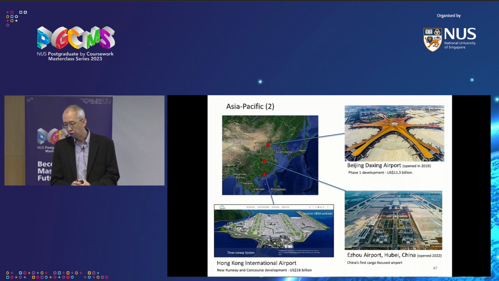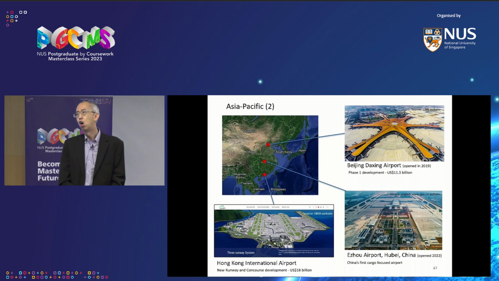And then, of course, Hong Kong Airport, another good example because they have a lot of documents on their website. They have a very involved environmental impact assessment process. So lots and lots of documents there. So you just go to 3-runway system. You can see the master plan, financial costs, Chinese river, the dolphins that they are looking after and all that. So you can go check that out, 18 billion.